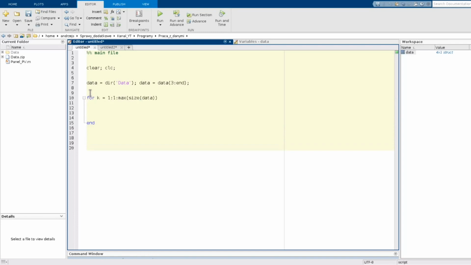and now I need to have a path to my file to open it. Okay, it is quite simple. So I have the variable path, and then create the path by concatenation of the name of the directory and the name of the file.